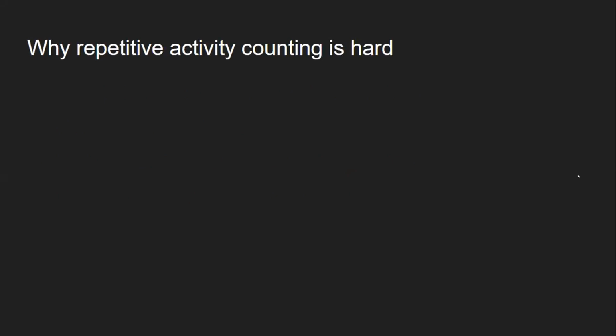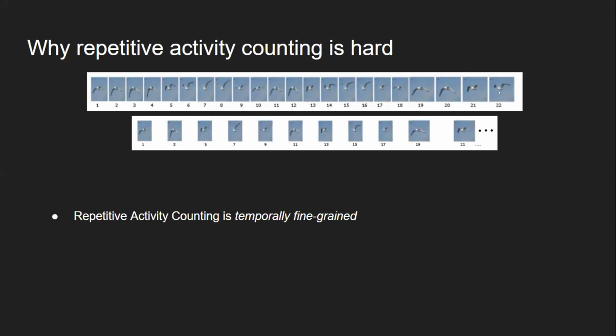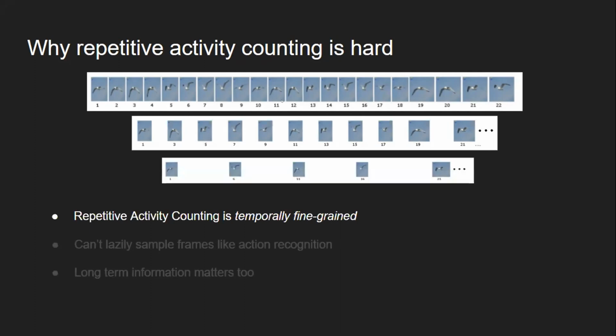So why is repetitive counting really hard? The first thing is when we look at a set of frames that we extract from a video, each frame has something that we are concerned about. However, when we use multiple sample rates, this information could get lost, and that's not good for repetitive counting, because every piece of information is useful for us since we want to know how often these counts occur. It's not like action recognition, where you say, okay, this object is located and that's about it. No, we want to know how often these counts actually occurred.